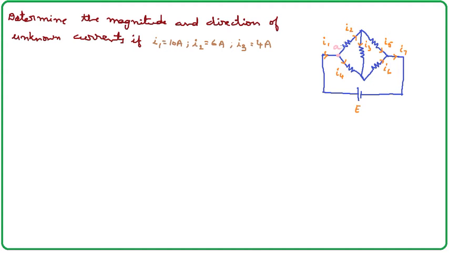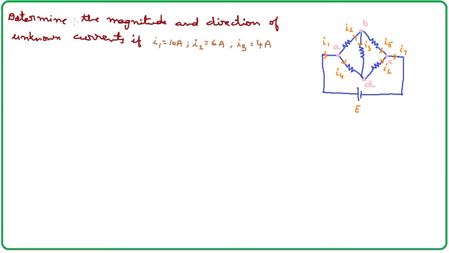And if we follow I2, at this node it again divides into two parts, I3 and I5. So this node is called B. After this, I5 goes to node C, and at this node C it combines with I6 and gives us I7 here. Let me take this node as D, small d.